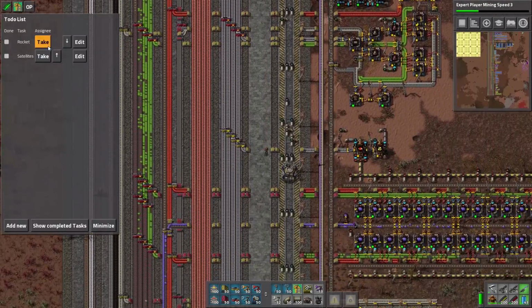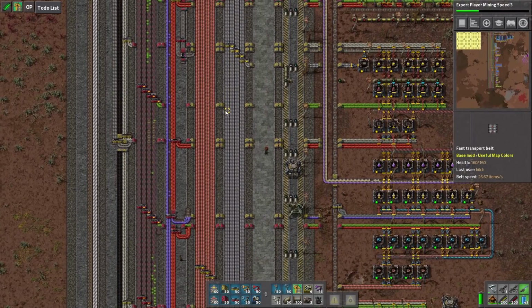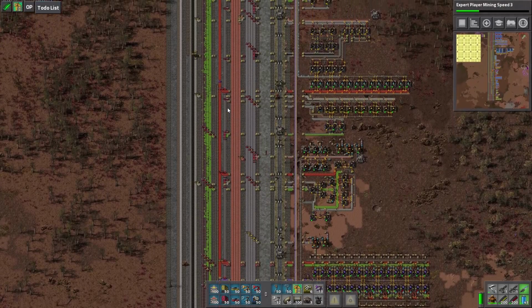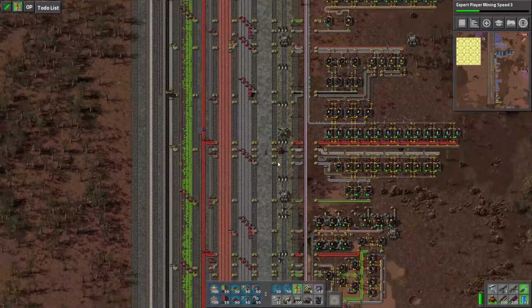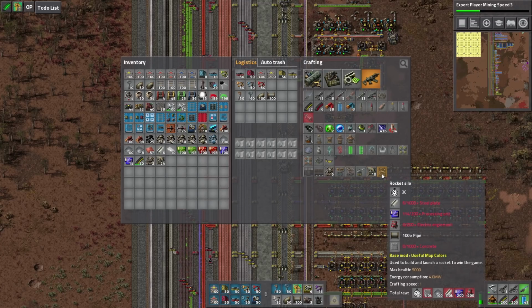We are looking at our list here. We've got rocket and satellites. That's on the major to-do list for this series. I'd like to get some more circuits. What is going on with circuits? We'll figure that out later. What I want to do, starting off the episode, is to build a rocket silo, and we need a lot